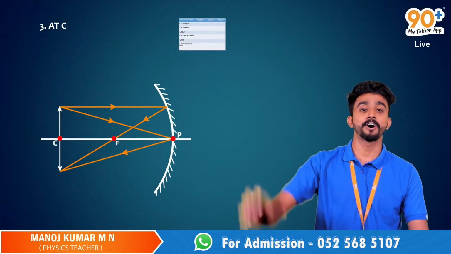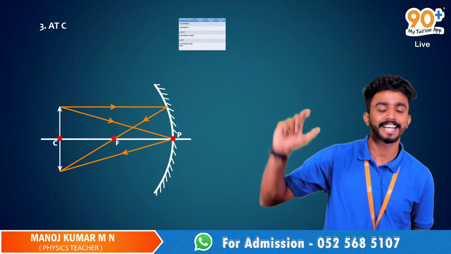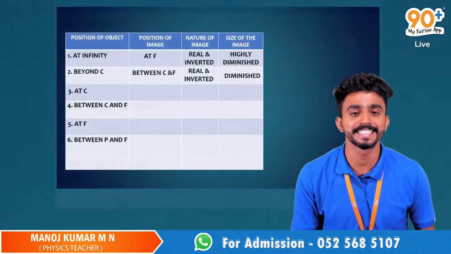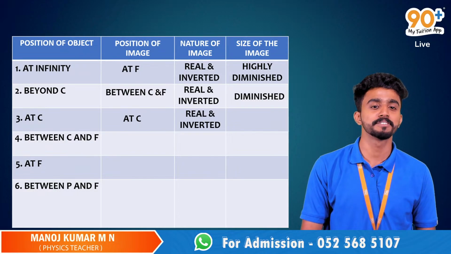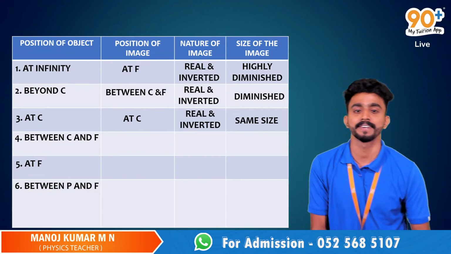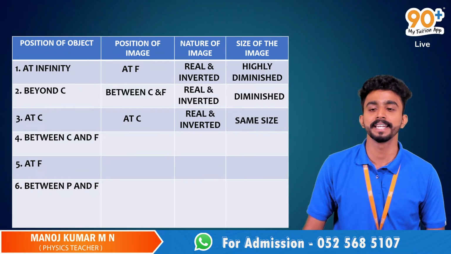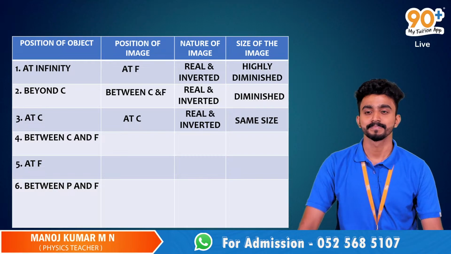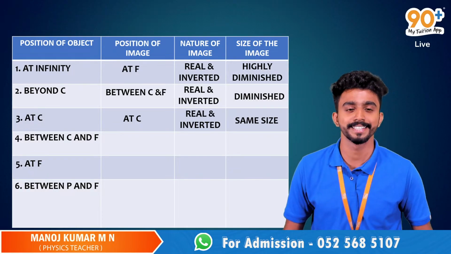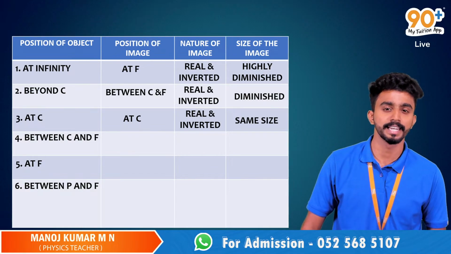So in the case of the object at C, we'll get the image at C itself, the size of the image will be the same, and the nature of the image will be real and inverted. So please do fill the table as well, guys. Yes, Amelia. Hi, Amelia. Hi, sir. Yes, what's your concern? Go ahead. For the position of the object at C,